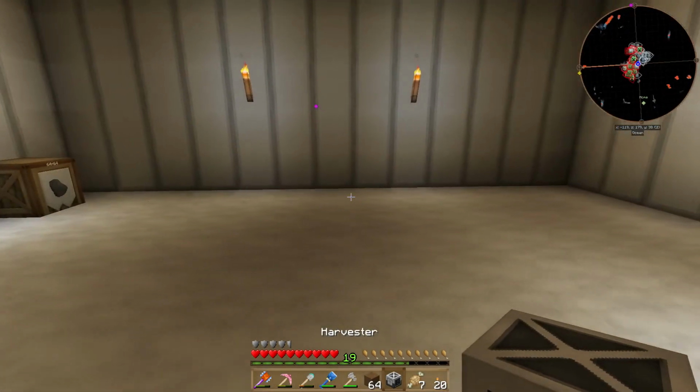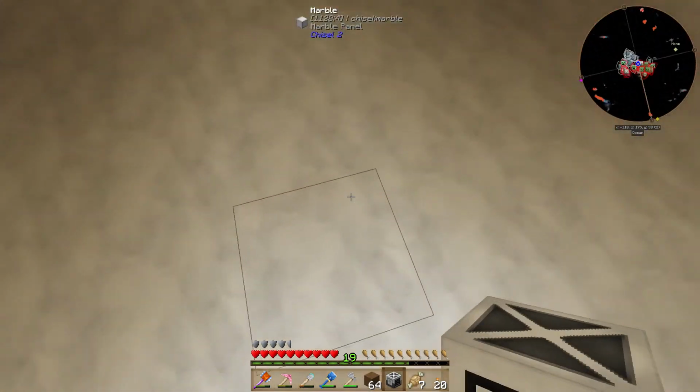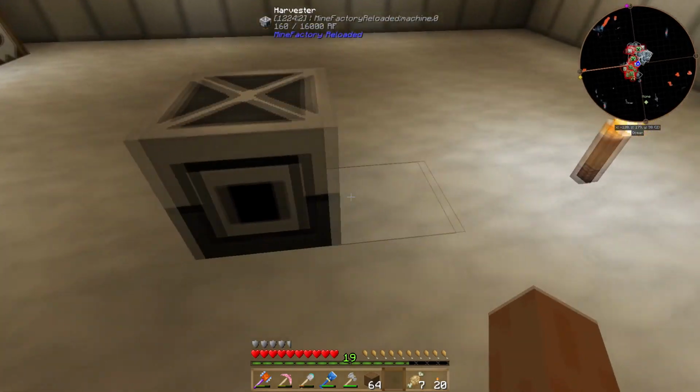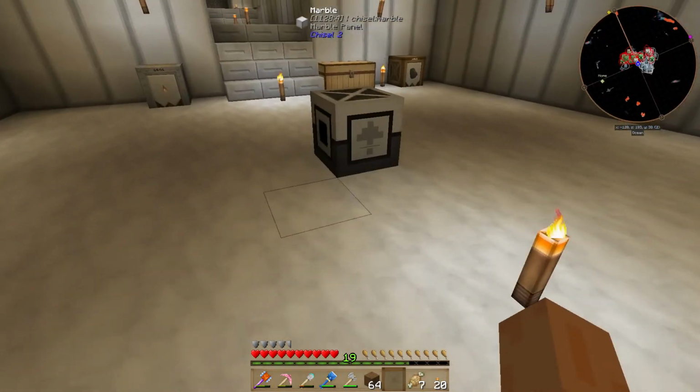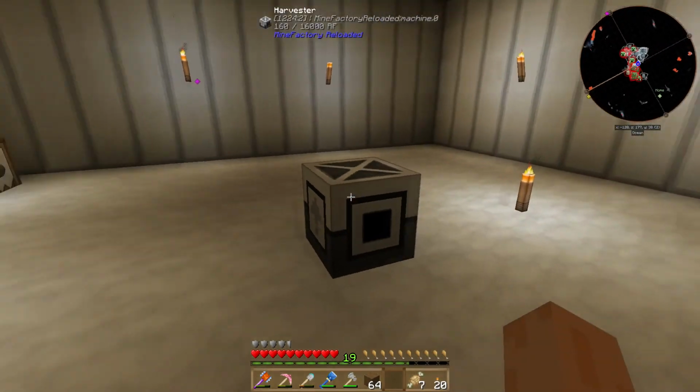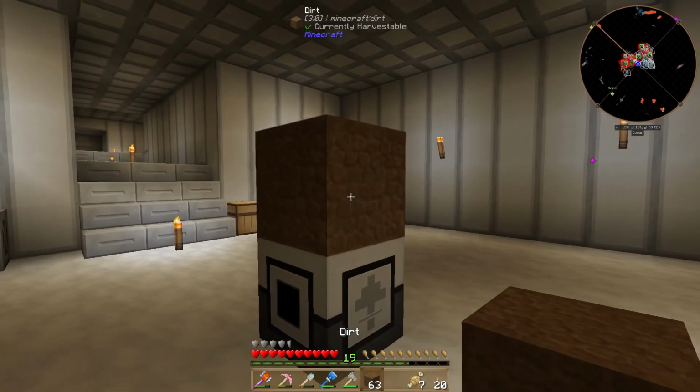So we're going to need the harvester right in the middle of the room. So whereabouts is the middle? Is that roughly here, I think? 1, 2, 3, 4, 5, 6. 1, 2, 3, 4, 5. Okay, so it's not quite... Oh, yeah, that is the middle of the room. Yeah, that's fine. So then we're going to need to...